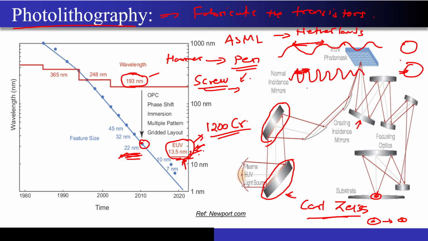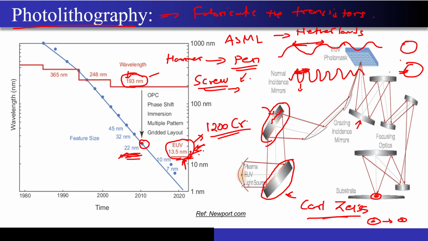So what I'm trying to say is that if you have a light and its wavelength is very very small, it is very sensitive to even a smaller irregularity in the physical structure. So if there is an irregularity on the surface, right, the 13.5 nanometer light will have drastic dire consequences because of this irregularity compared to a light which has a 193 nanometer wavelength.